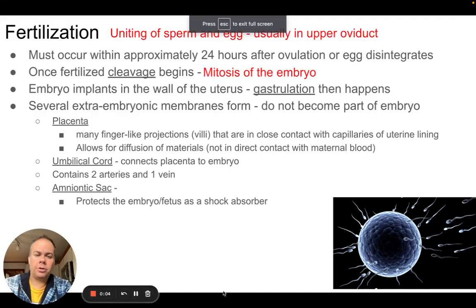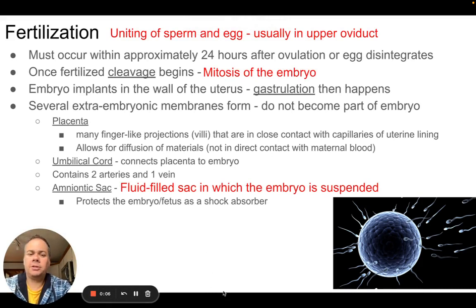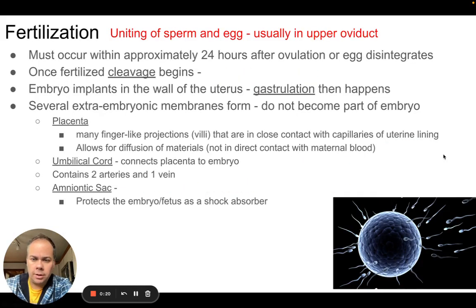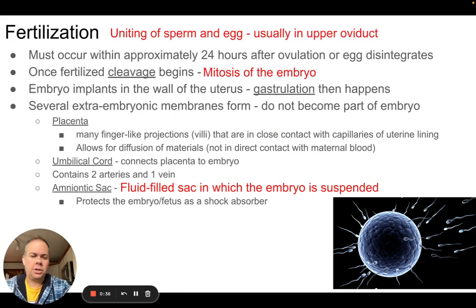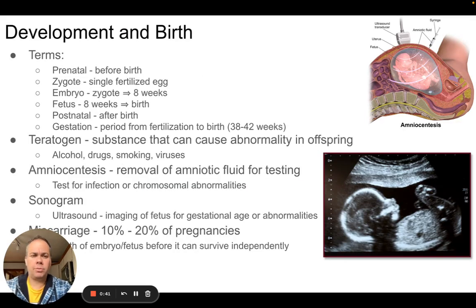Another important structure that forms as the fetus is developing is called the amniotic sac, and this forms around the embryo. And we can see it here a little bit. This is the amniotic sac, and basically it's a fluid-filled membrane that cushions the embryo. The embryo and the fetus is floating around in this fluid throughout all of development, and eventually it will rupture when the fetus is about to be born, but it helps protect the embryo.